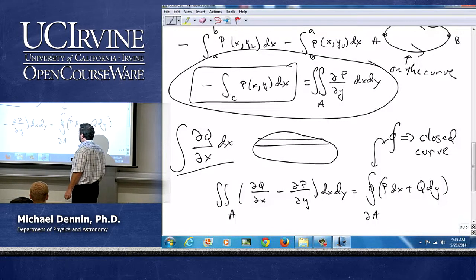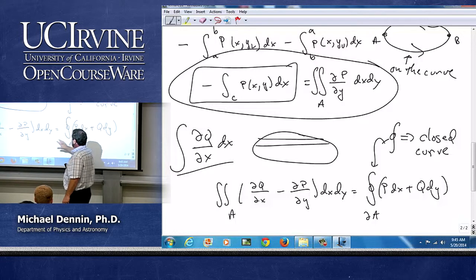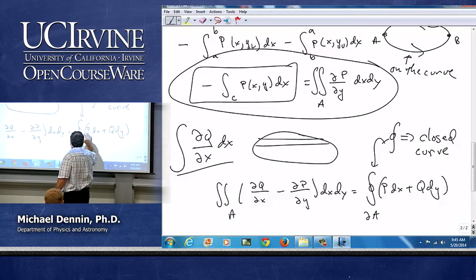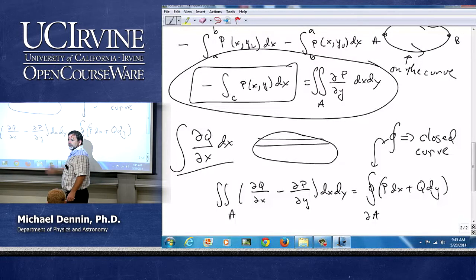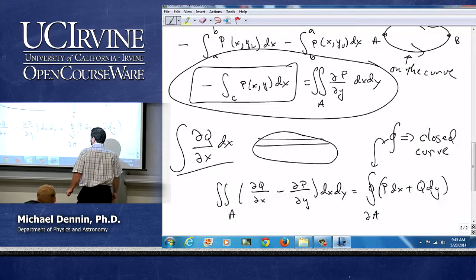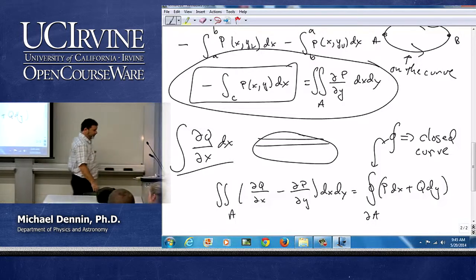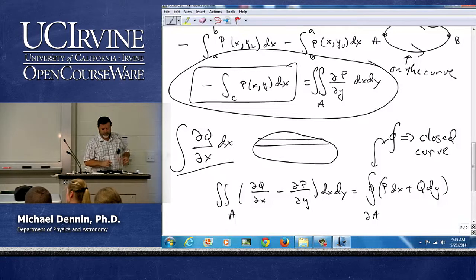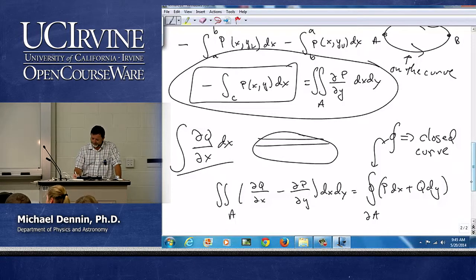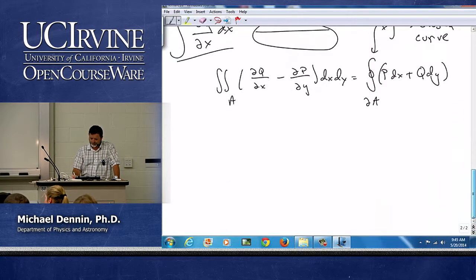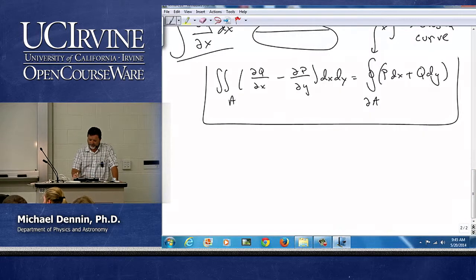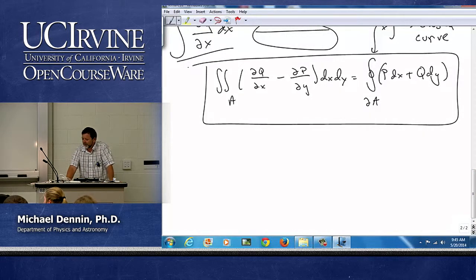But in a sense, what it's showing you is you have to be a little bit careful about your minus signs when you do it. Now, with this, there are two things we'd like to do with it. Okay? The first is